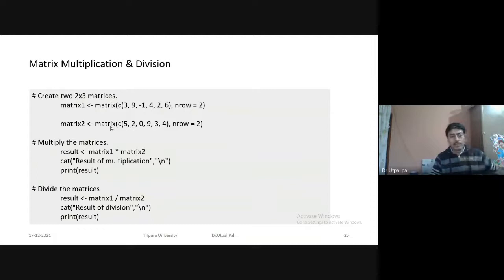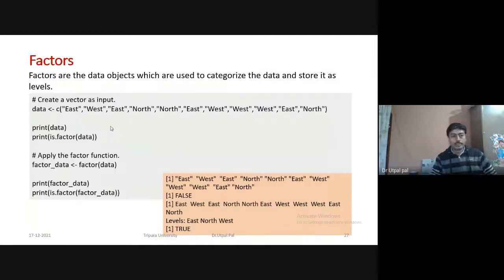Matrix multiplication and division. Next is factor. Factors are data objects which are used to categorize the data and store it as levels. For example, here we have a vector which has strings like east, west, north.